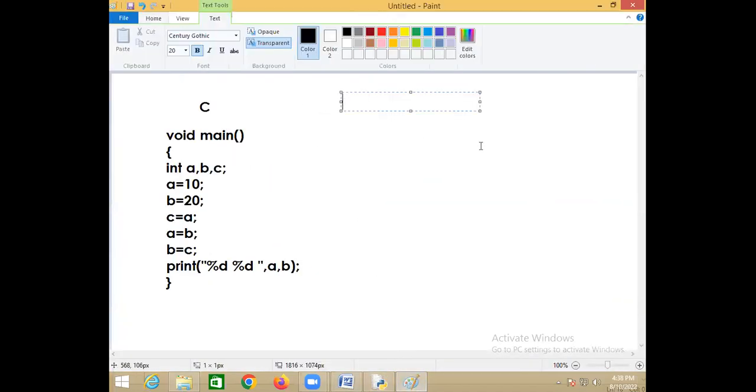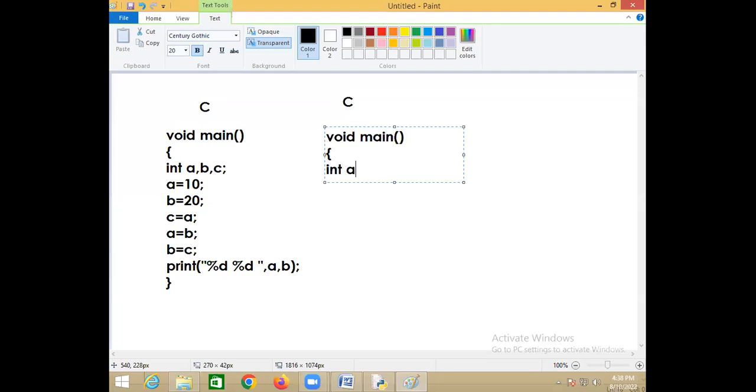For example, if I'm working in the C language, I want to read 5 values into one array. One array is there, and inside the array I want to input 5 values.